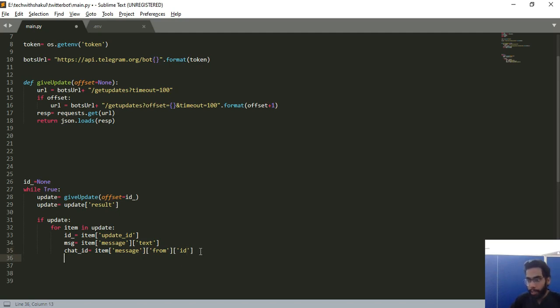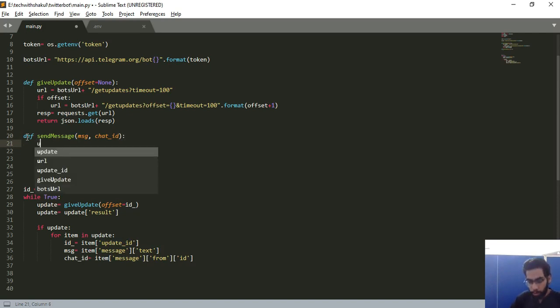Okay, so I can now go ahead and create a send message. What I'll send is the message as well as the chat ID as the parameter. Okay, now the URL for that will be, thank God we created a basic URL so that we can use that now.